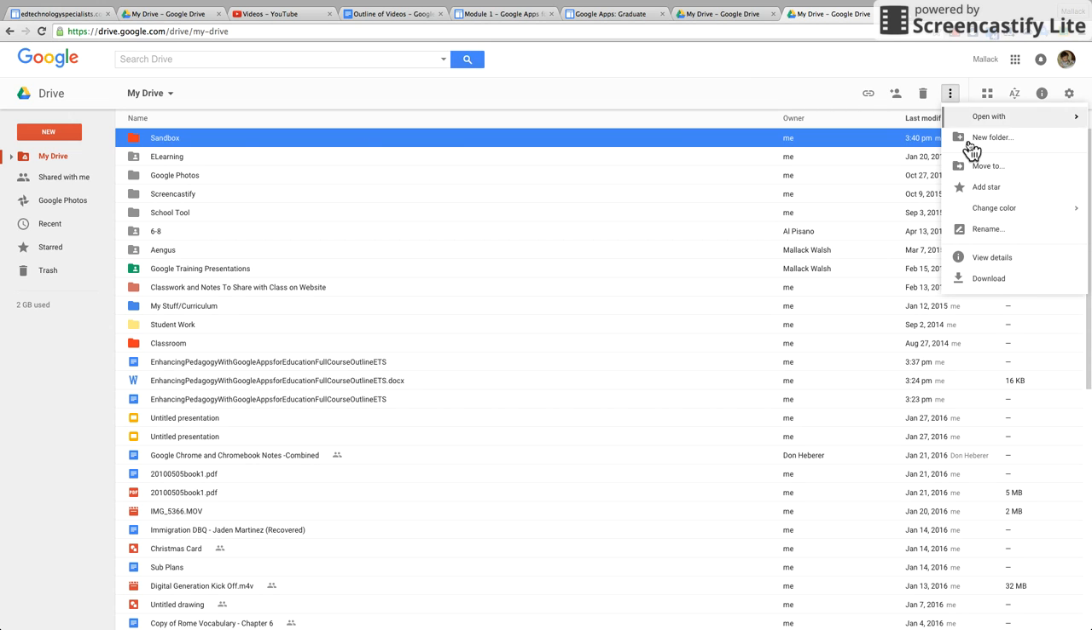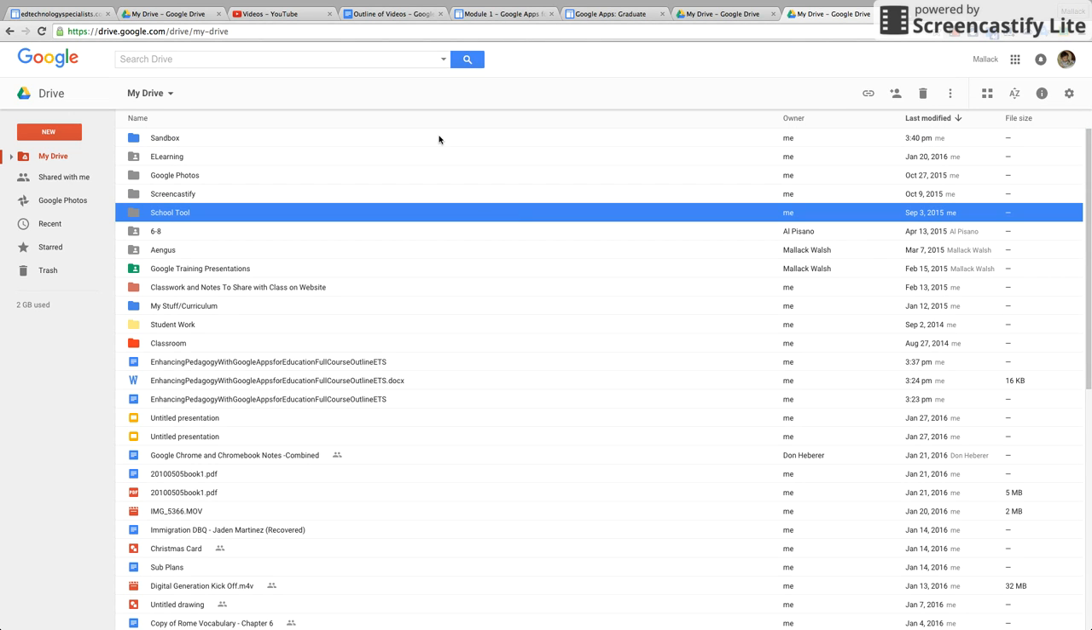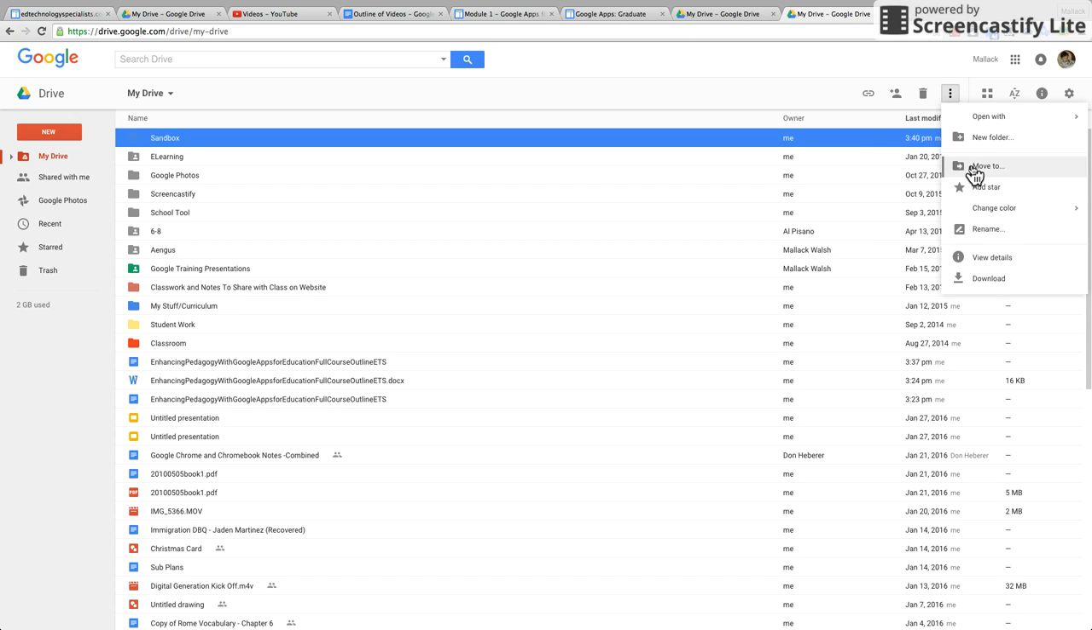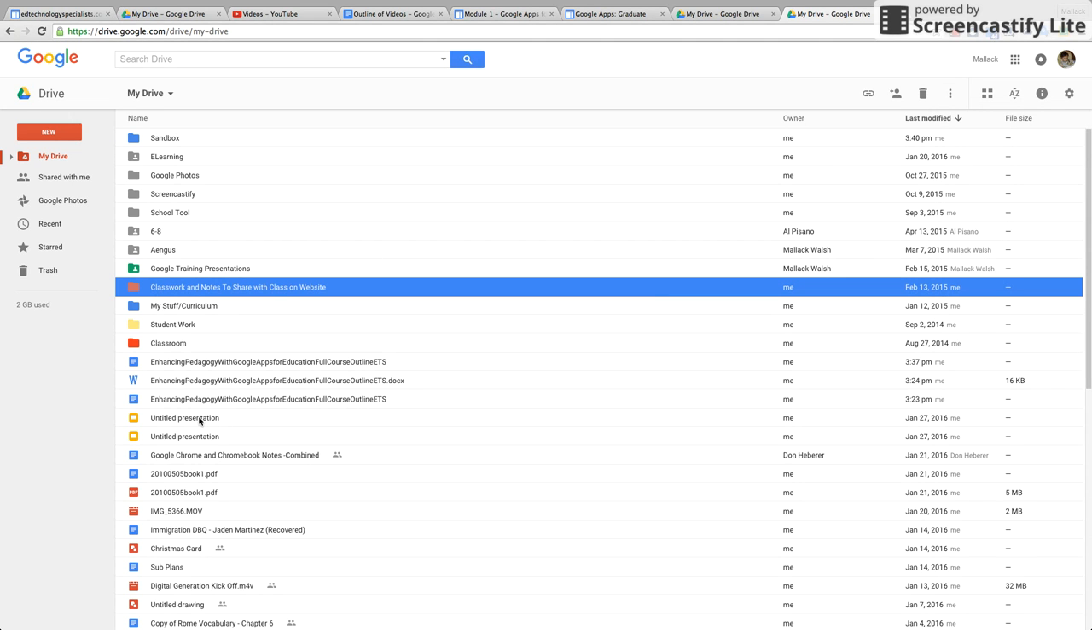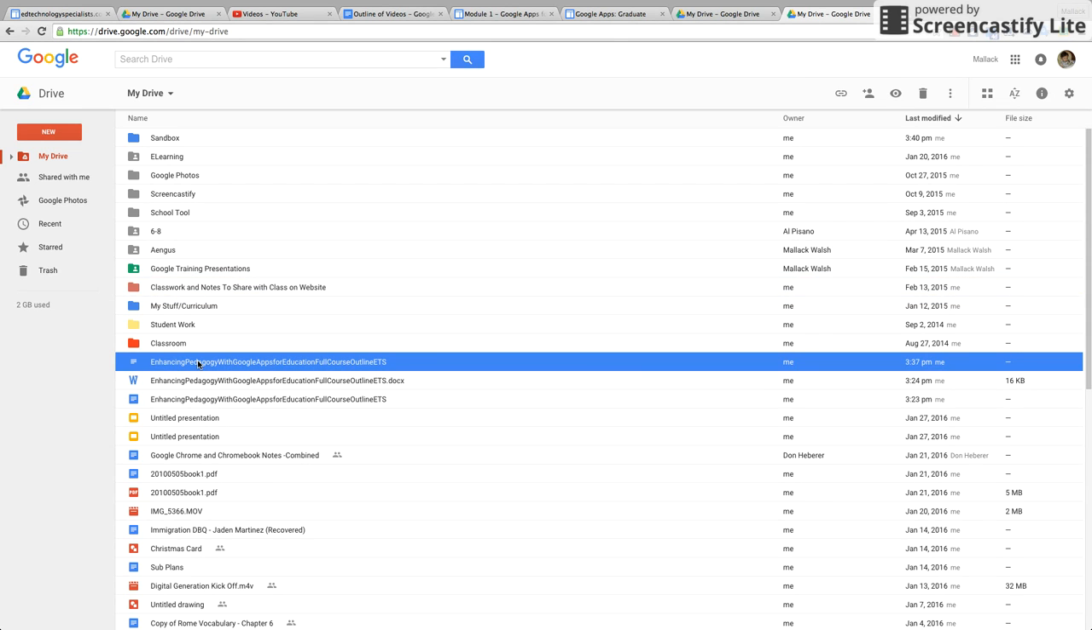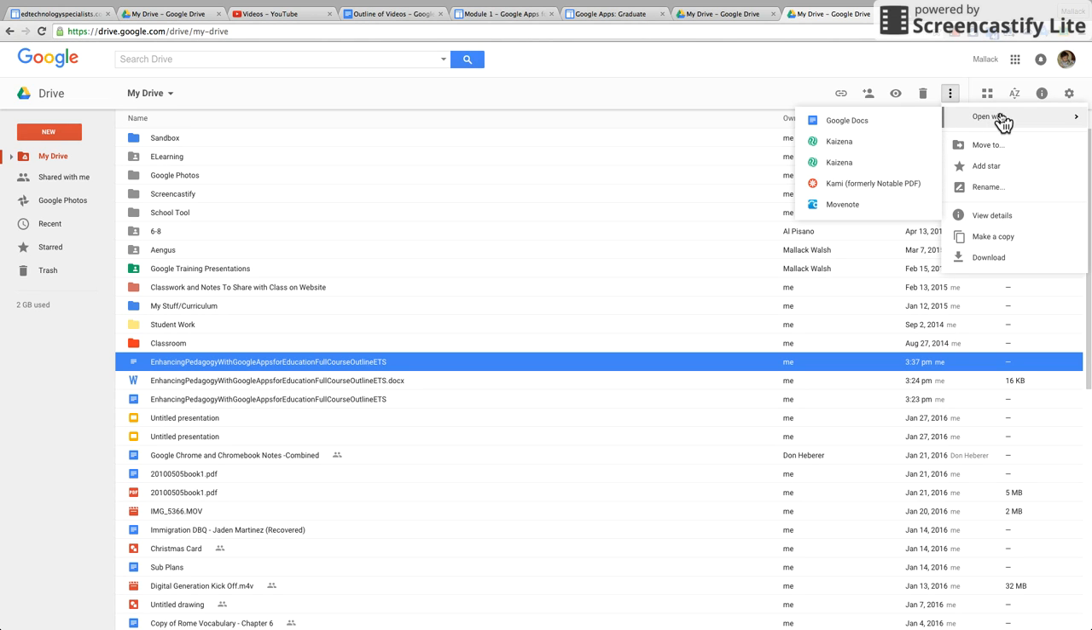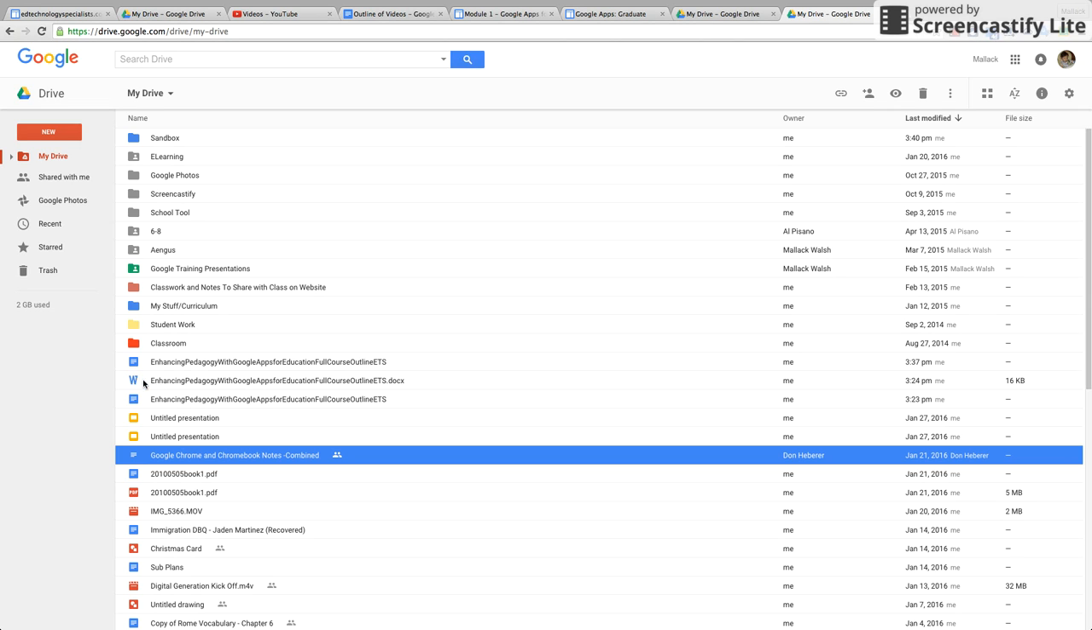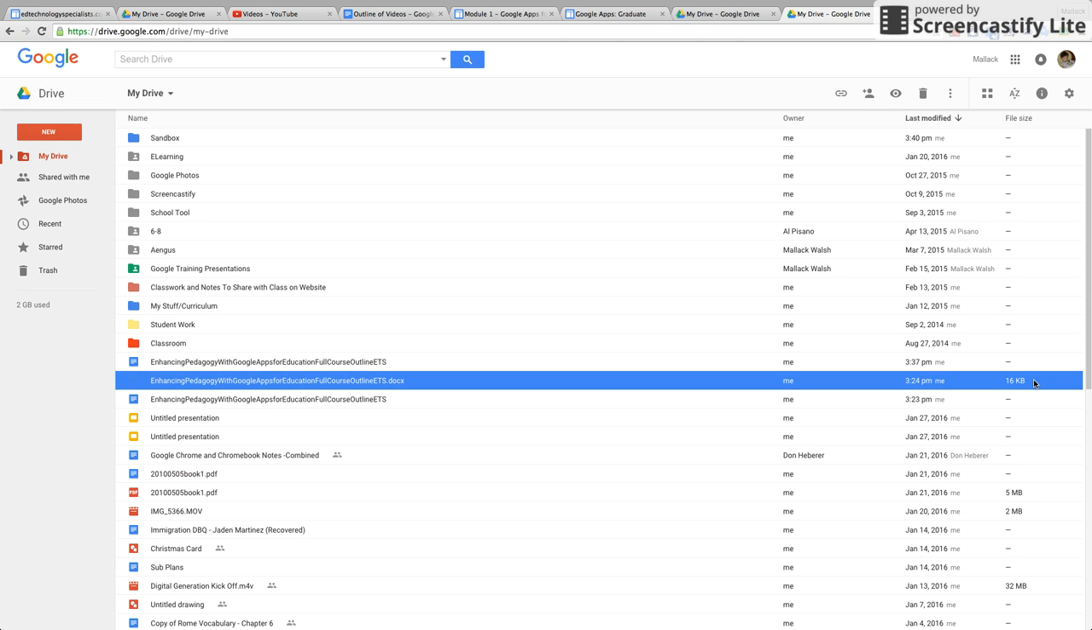Let's say I want a different color. I want a blue. Okay. Besides changing the color, you can rename the folder right from there, view the details of the folder, and download the folder. Let's take a look at that for an actual document. These more options are different for a document. You can open with Google Docs. So for instance, if you have a Microsoft Word file, which is this one, but you want to convert it to a Google Doc, you can click